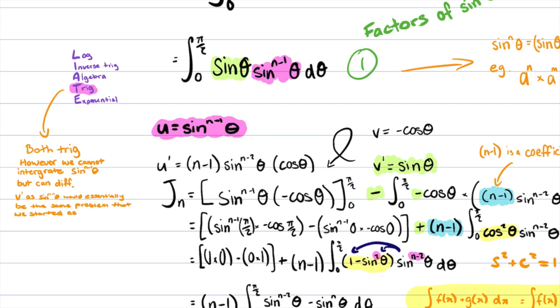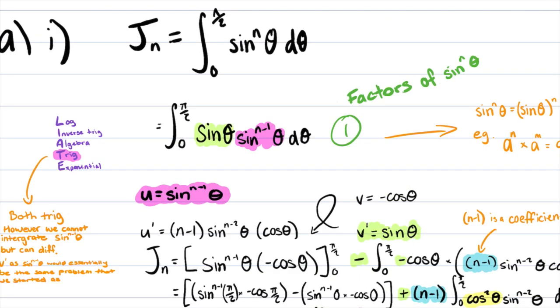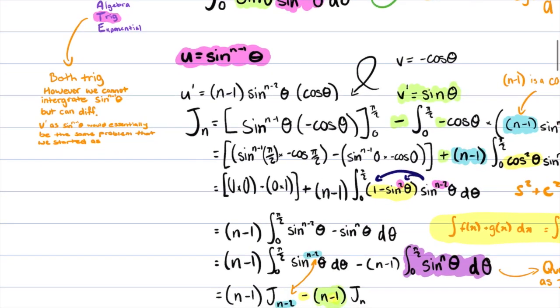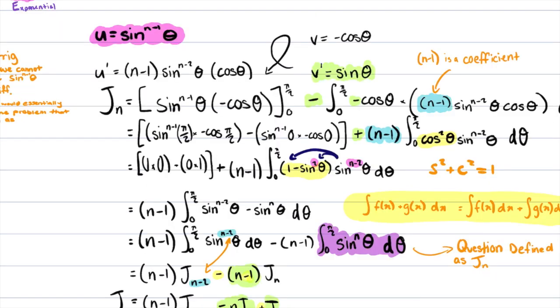We know this through our acronym of LIATE, where although both of them are trig, we know that our u value must be sine n minus 1, as if we try and integrate sine n minus 1 from our v dash value, we're in the same situation as we are currently in, but we're trying to integrate something with an unknown power. This gives us a clear direction of what our u value should be, and gives us a clear direction of where we can go. Applying our integration by parts, we know it is our uv dash is equal to our